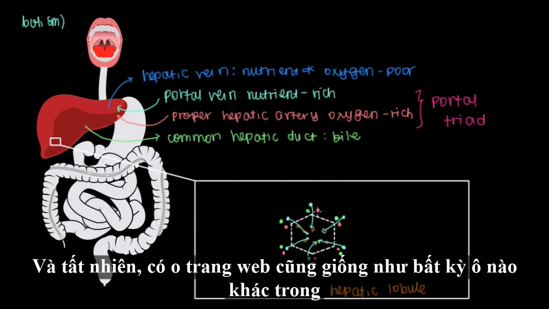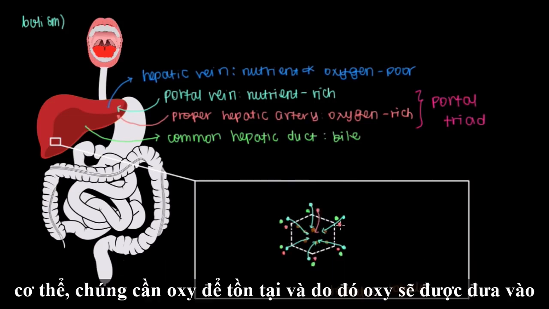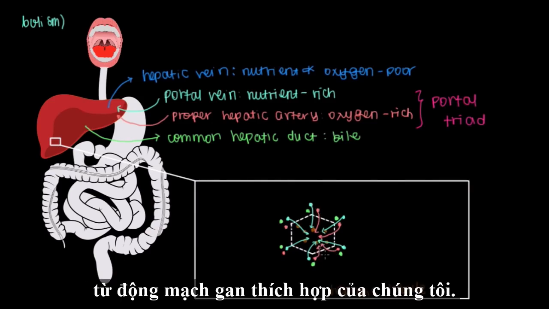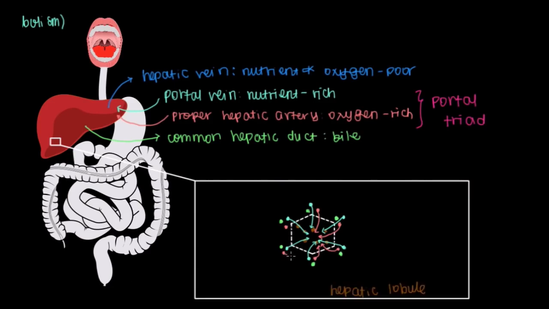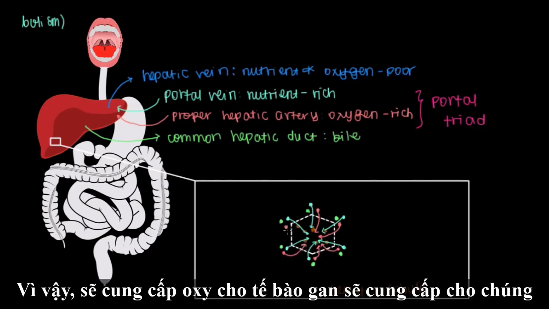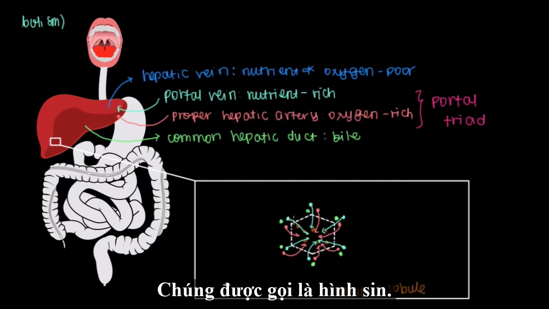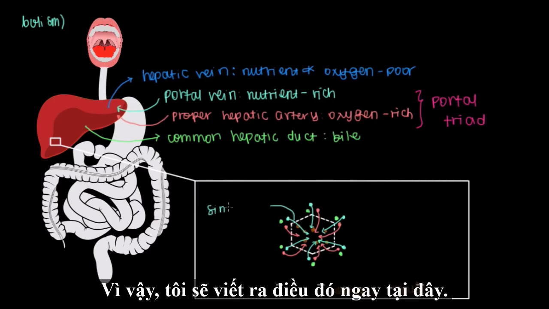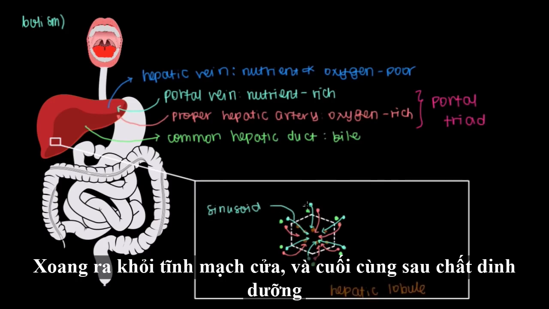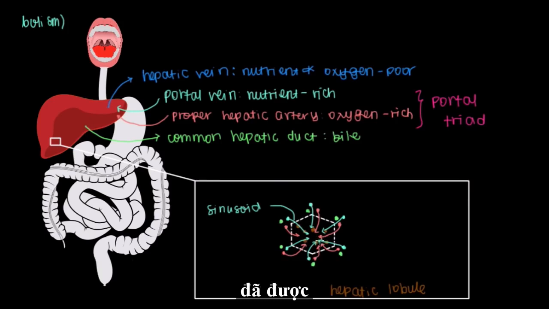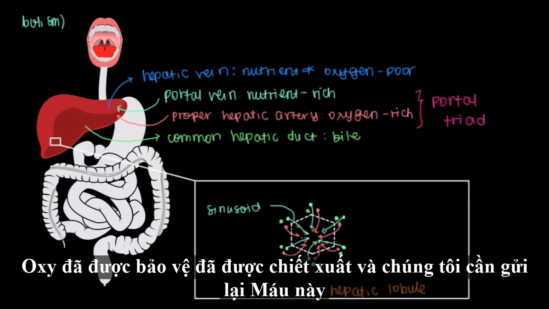And of course, hepatocytes are just like any other cell in the body. They need oxygen to survive. And so oxygen will be carried in from our proper hepatic artery. So we'll supply the hepatocytes with oxygen, we'll supply them with nutrients from these branches off of the portal vein. They're called sinusoids, so I'll write that off right here. Sinusoids that come off the portal vein,